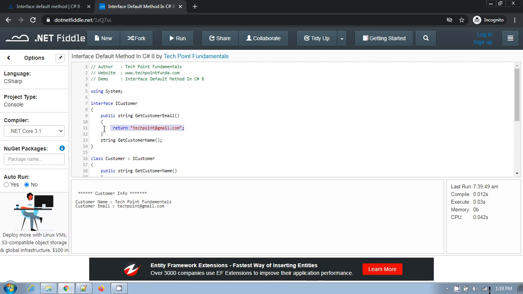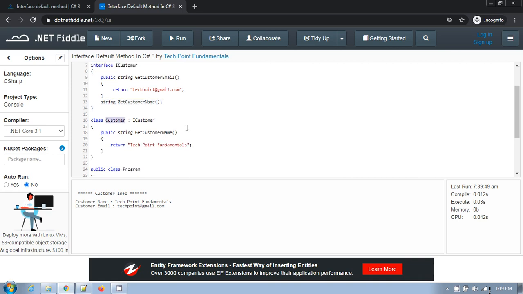I have also declared a simple interface method with no body. Whatever class inherits this ICustomer interface, it is the responsibility of the inheriting class to implement the interface method get customer name.